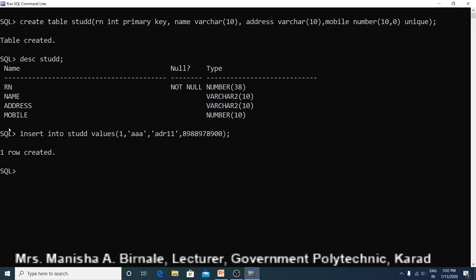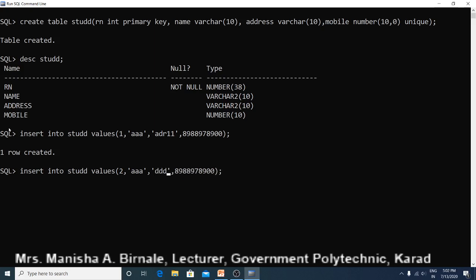One row is inserted. Now let us insert another record. Roll number is 2. Suppose the name is again the same, meaning the student whose roll number is 2, his name is also AAA.